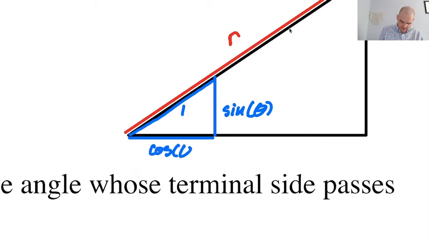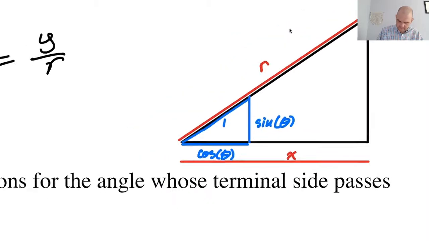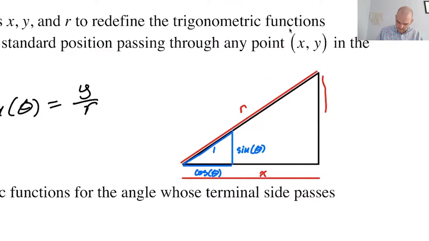So I'm building my similar triangles just to hammer home how this works. This would be x, and this, if you want to exactly follow what the notes are telling you to do,